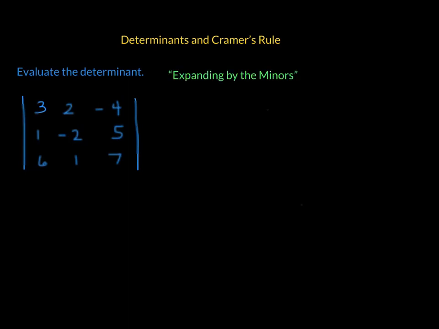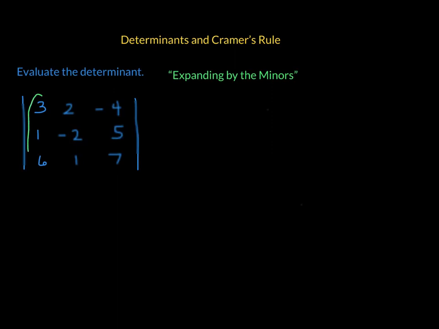And what we want to do basically is choose any row or any column by which we will expand. It does not matter which row or which column you choose to expand by. You and I will get the same determinant. You and I will find the same number. Okay, so I'm going to choose, you know what? I'll choose the first